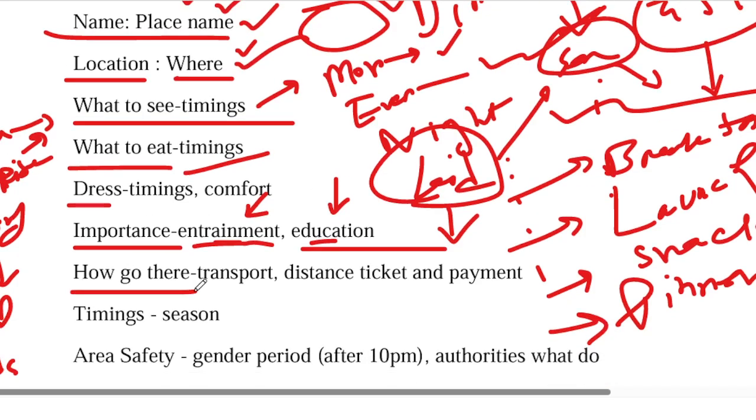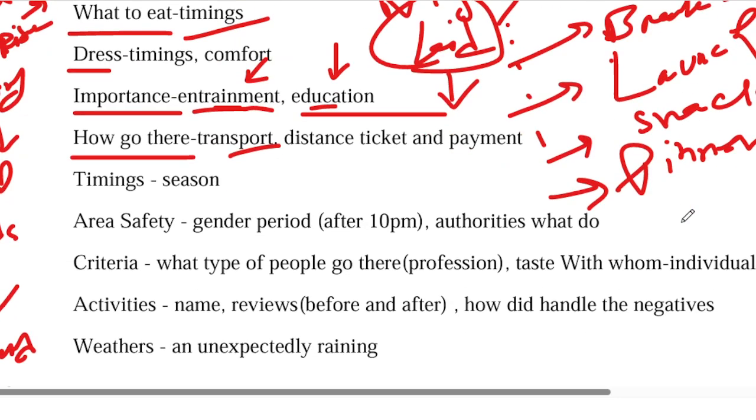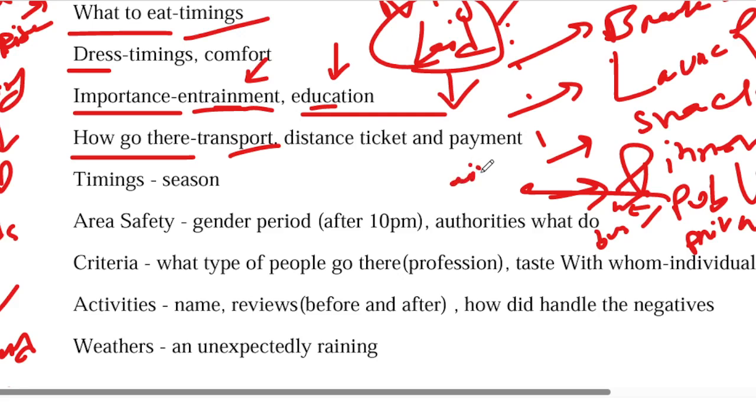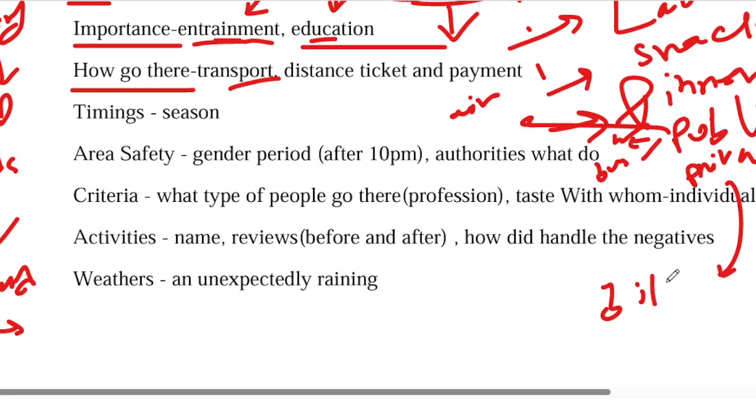And then whenever you plan a trip, you must need to use transport. It can be two types of transport. It can be public transport. It can be private transport, right? And there are variations of public transport. For public transport, you can say buses, you can say train, or even you can say air. So you can talk about, okay, what types of public transport did you take? If it is private transport, it can be by bike, maybe with friends, and then it can be by car. So describe that.